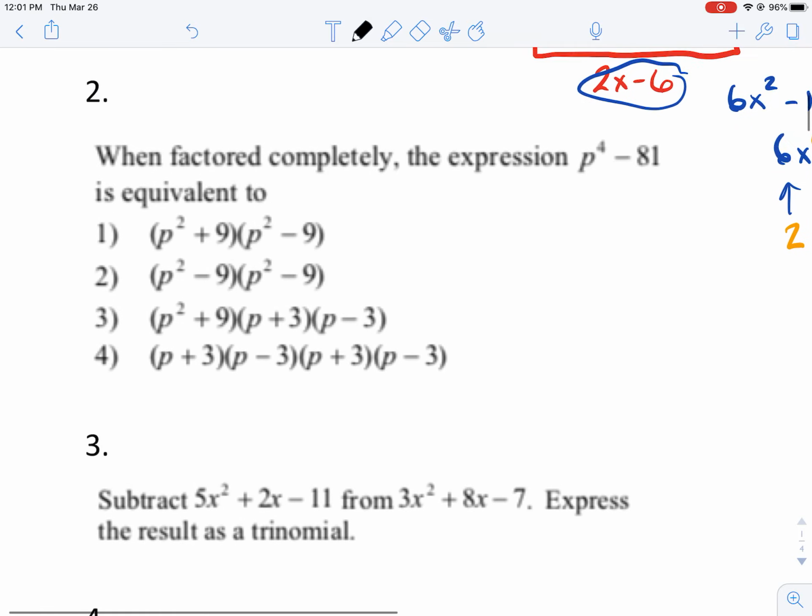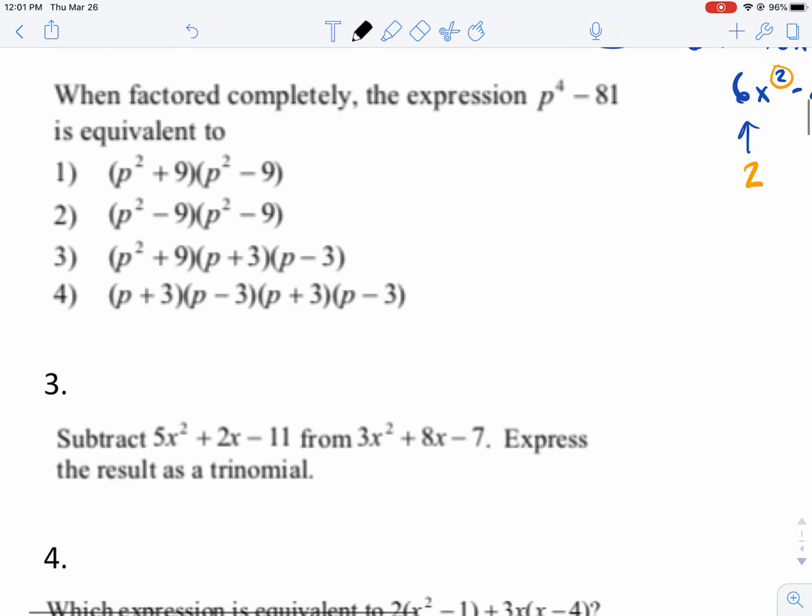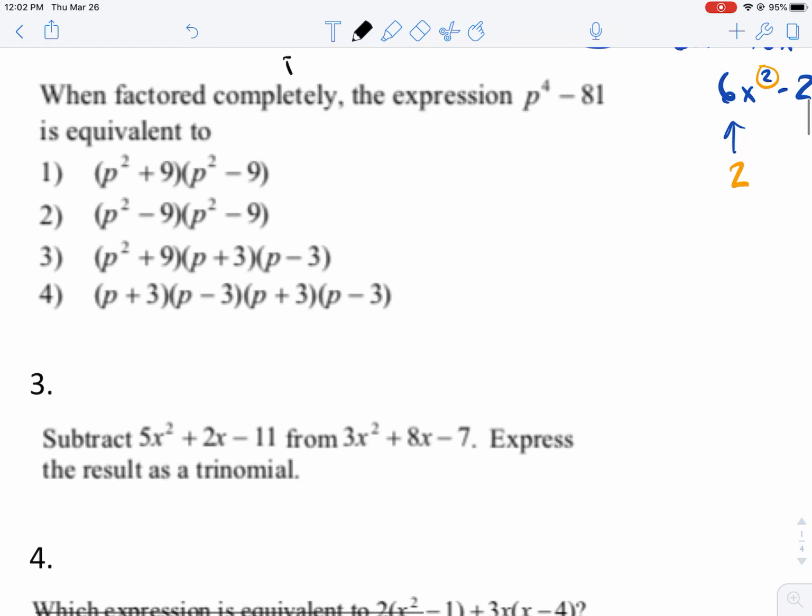Okay. So it says, when factored completely, the expression p to the 4th power minus 81 is equivalent to one of these options. Okay? So let's take a look at p to the 4th minus 81. Now this is a particular problem we've seen. It might not be recognizable because we haven't talked about it in a while. But this binomial has a special name. Okay? And it's called a difference